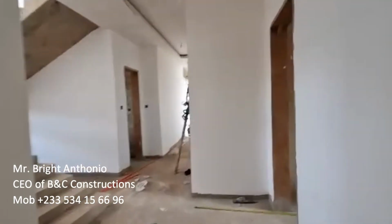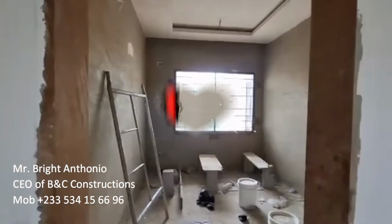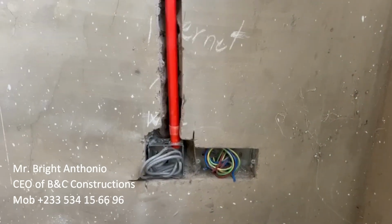My architect also does the interior decor. So Jonathan can also come up with a design for you. Myself, I can also come up with the designs, but I prefer to leave it for the professionals to do. Here we are installing